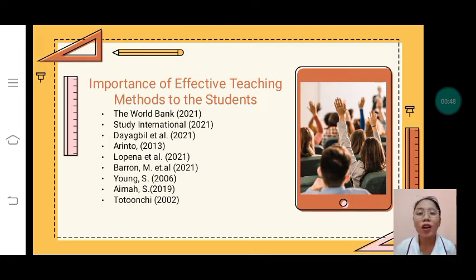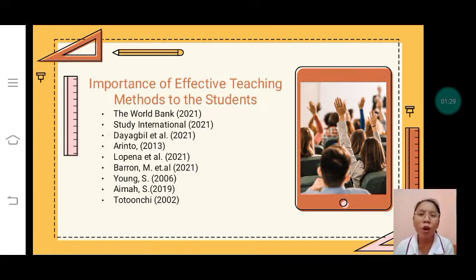Arinto's study, on the other hand, stated that web technologies which are being used in synchronous classes can appear to enable learning strategies but can also be a constraint to the learner's access. Lopena also concluded another challenge, because according to the study conducted by Lopena et al., some accountancy students have considered online learning mobility to be ineffective because of the added psychological stress from the perceived inconsiderate professors or lecturers.